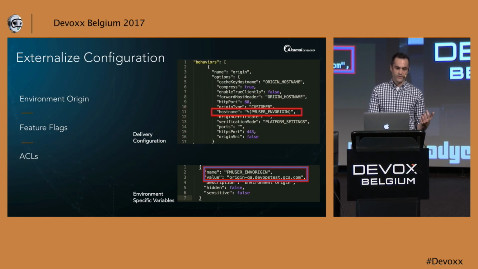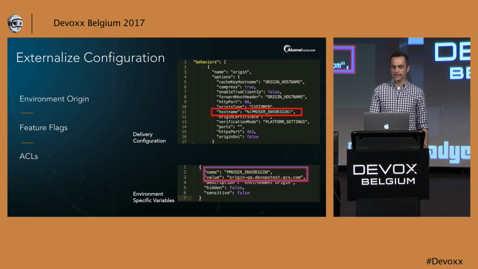So additionally, we want to externalize our configuration. And we do this via variables within the CDN. So this can get very difficult because the objective is we need to take a single artifact and have it be adaptable across multiple environment types. Where this can be really tricky is that your non-production and production environments can be very different from a topology perspective. You could have multi-origin, 2 data center production environments, but single data center